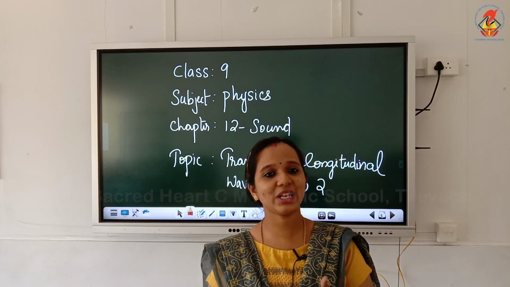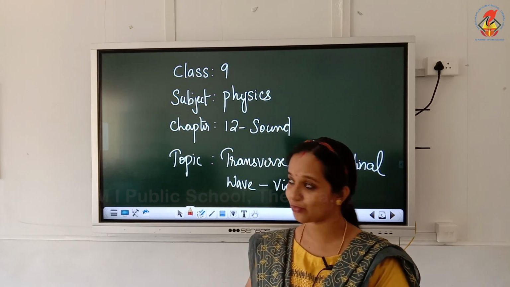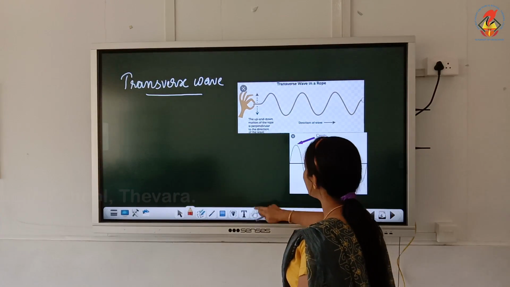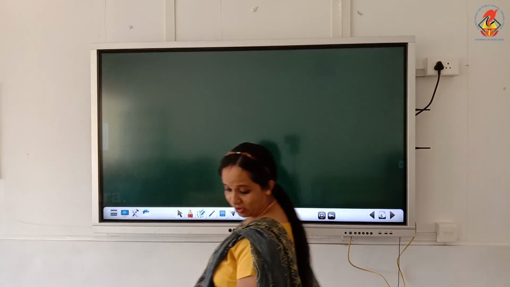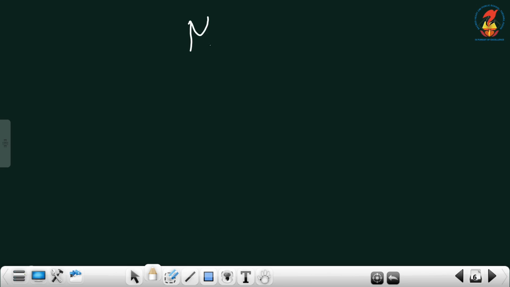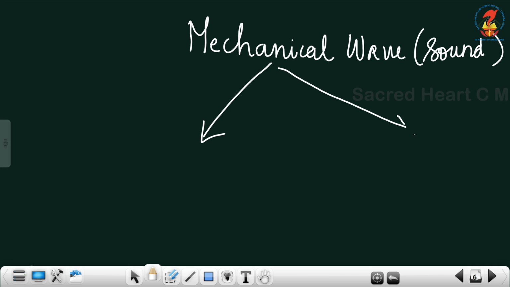And normally a mechanical wave is categorized into two. First one is a transverse wave and second one is longitudinal wave. So sound wave is an example of mechanical wave and it has two categories: